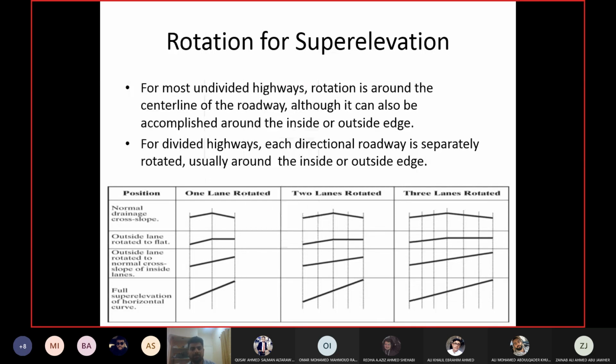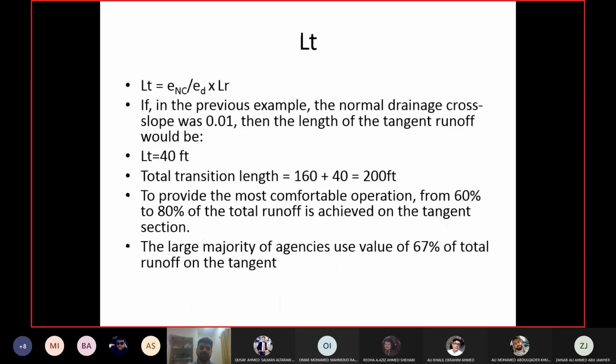Okay. So we are still on the tangent when we are doing 60 to 80%, so 40 feet will be along the tangent, and 60 to 80% of 160 feet will also be along the tangent, normally. And they are saying the most preferred value is 67%. 67% means 2/3. So 40 feet full on the tangent runout, and out of super elevation runoff 67% on the tangent, and the remaining 33% on the curve.